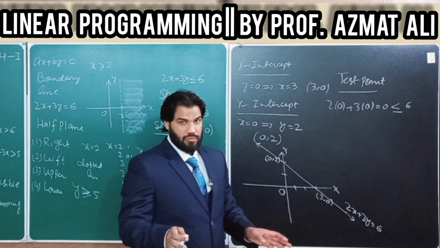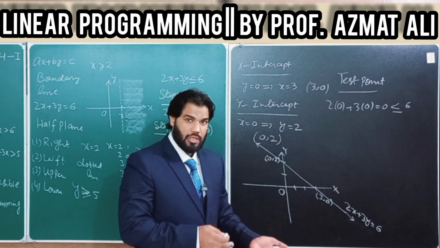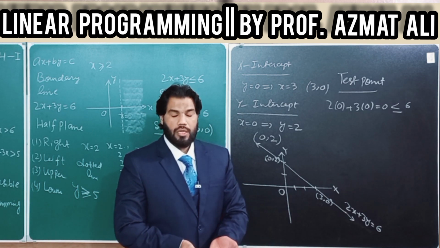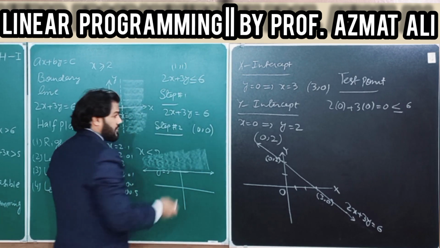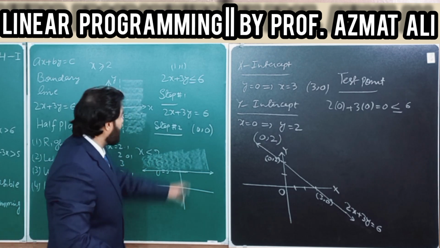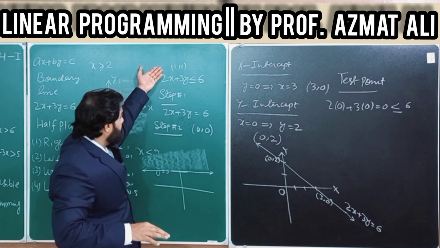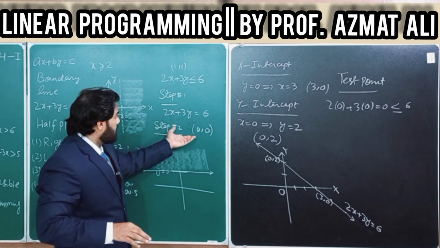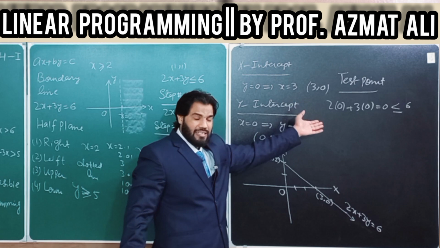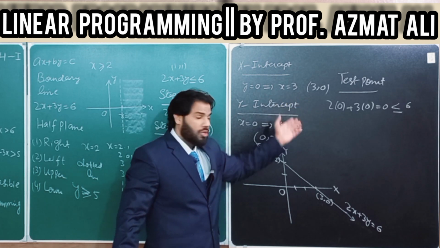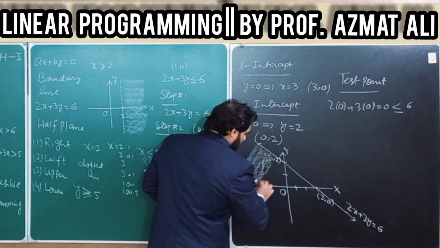When the test point is satisfied, this shows that the graph will be towards the origin if (0, 0) is taken as a test point. Suppose, can we take (1, 1) as a test point? Yes. All points that do not lie on this straight line can be taken as a test point. But (1, 1) is not as convenient for us as (0, 0). So because (0, 0) is less than 6, that satisfies this inequality, so the graph of this inequality is towards the origin. This shows the graph of the inequality.